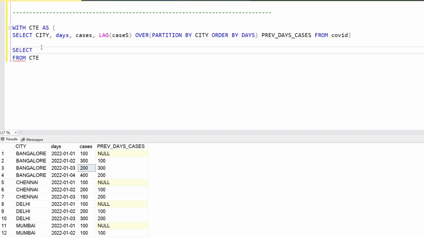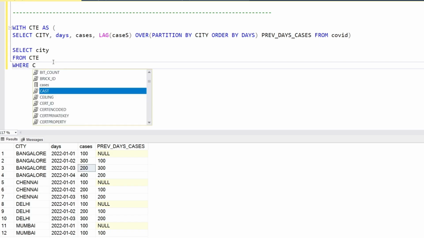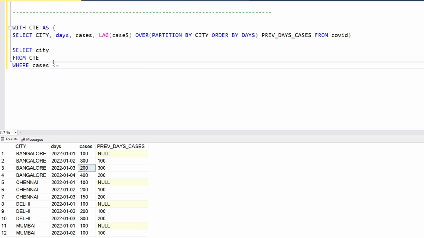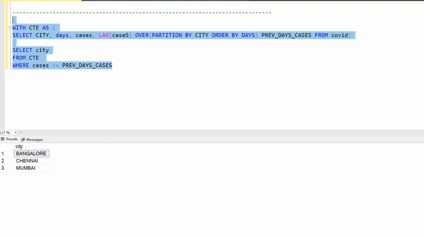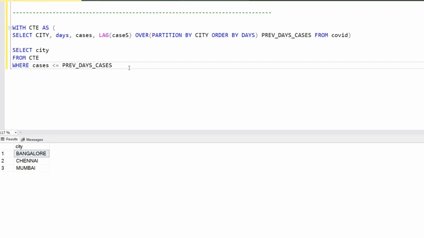Okay, select city from CTE where cases less than or equal to previous day cases. All right, so we have Bangalore, Chennai, Mumbai. Okay, so we do not have Delhi. Okay, so what we want, we will extract Delhi from the main table. All right,